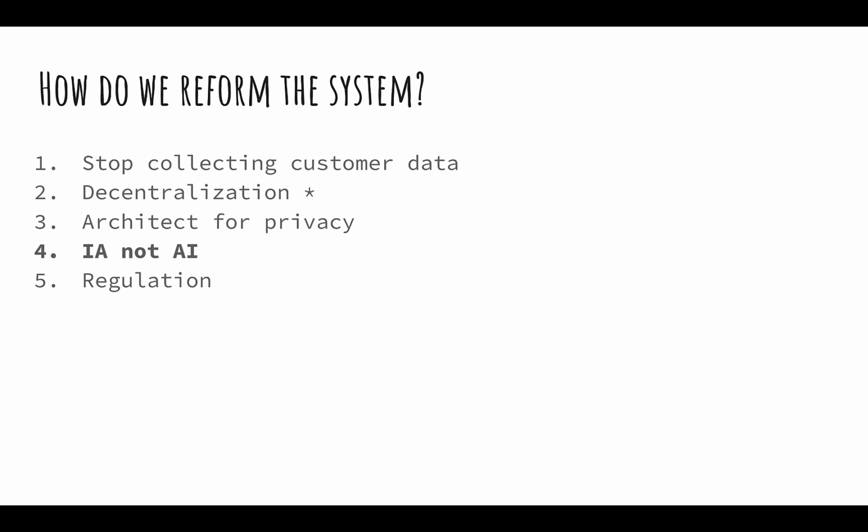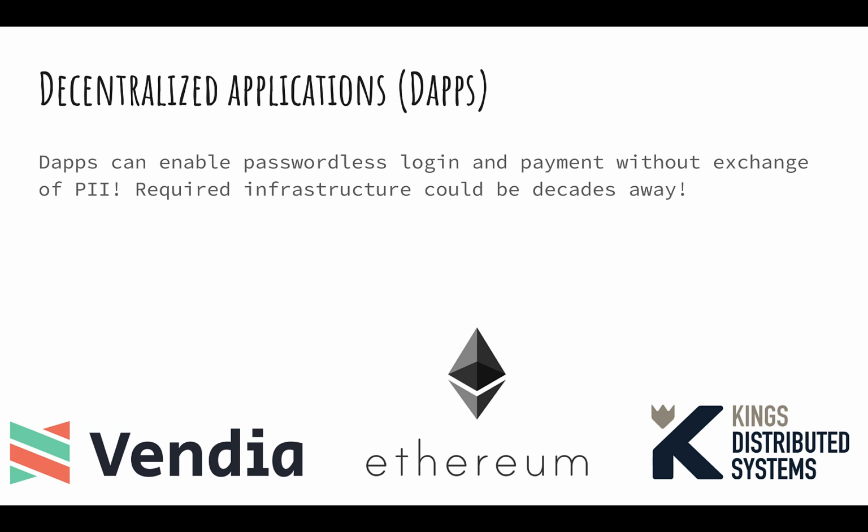And also regulation. I'm not a huge regulation fan because I feel like it hinders my work. I feel like it makes it harder for me as an engineer to deliver solutions to customers. But I think there's a place for it. And when we're talking about the effects of AI on the general population today, there is definitely some room there for some regulation. Decentralized applications. I want to break down some of these points in these subsequent slides.